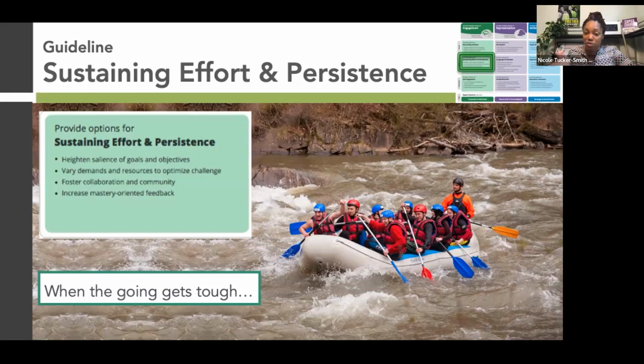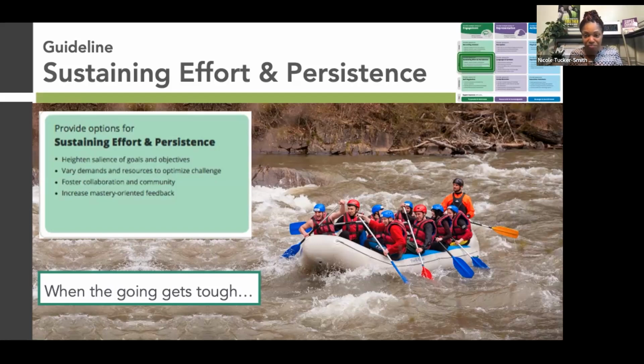He's helping them do the rowing, right? And there may even be somebody on this boat who's like, I don't know about this, but guess what? They're in the boat, so they're going to keep moving. And so a lot of times with sustaining effort and persistence, we have to think about how can we work collaboratively or interdependently, right? So that when the going gets tough, if we work individually, we'll be more likely to